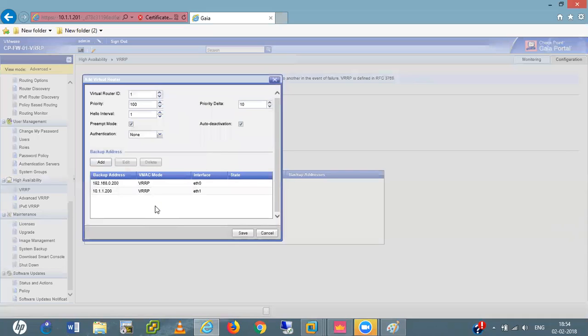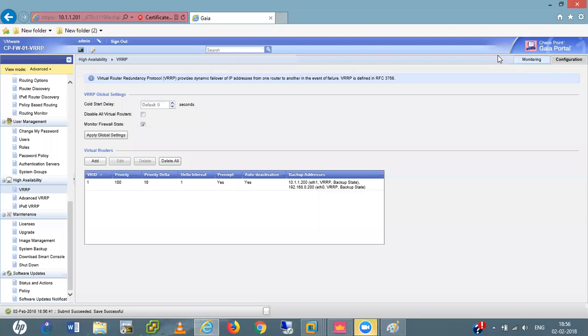Here you created this for backup addresses. These are the virtual IP addresses. Here we can call them backup. Not an issue. Virtual or backup, whatever. But these IPs are assigned in the firewall. We assigned 200 and 201 both. I need to fix a lot of problems later. So I save this config.